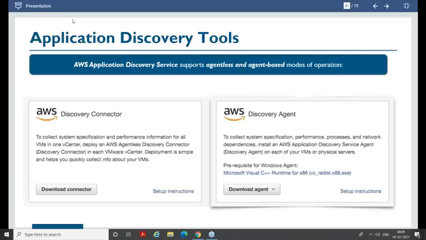That is one physical host. Sorry, I ended up saying AWS. One physical host on which your virtual machines are hosted in your on-premises. You get all the information from that physical host and you analyze it in your agentless method. But when you go with the agent-based method, on every physical machine or every virtual machine, your agent is installed and data is collected from every machine and analyzed. Am I making sense?